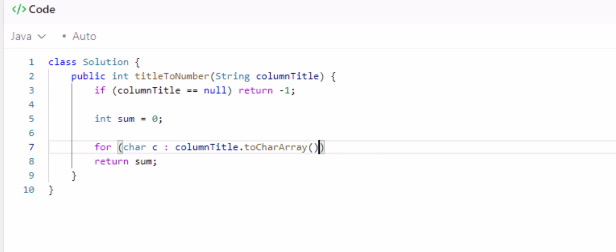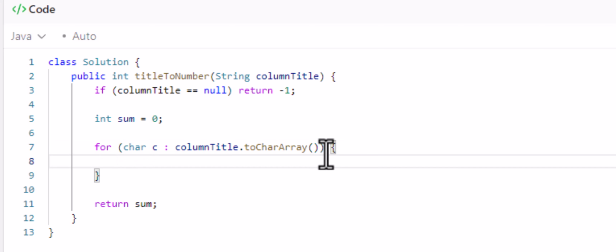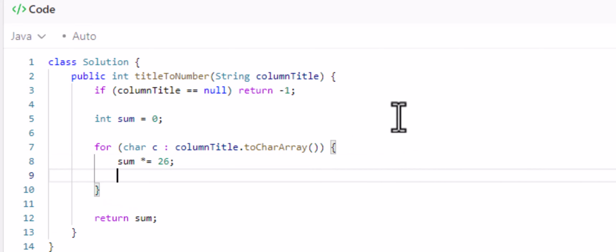And we're going to turn it into a char array to get the char array value. And you notice over here in the constraints, the column titles are always uppercase. So we need to do this base 26 multiplication. So we're going to do that right here. Sum equals sum times 26, the base 26 we're going to use. And you notice the first time through, it's always going to be 0, because sum is equal to 0, and so 0 times 26 is 0. So right here, we have to add sum plus equals, so character minus character A